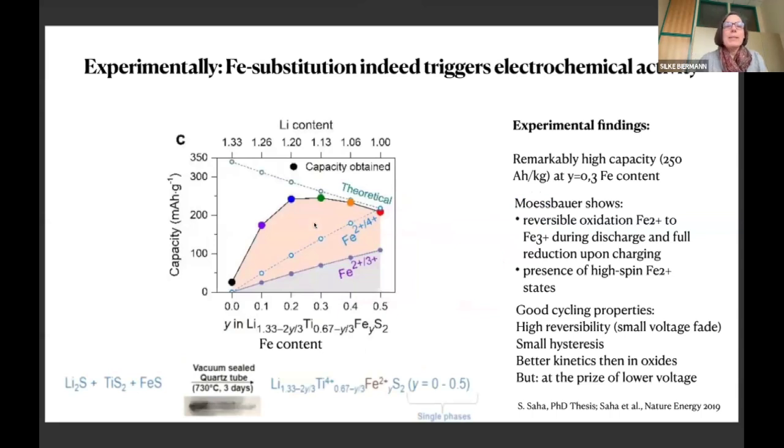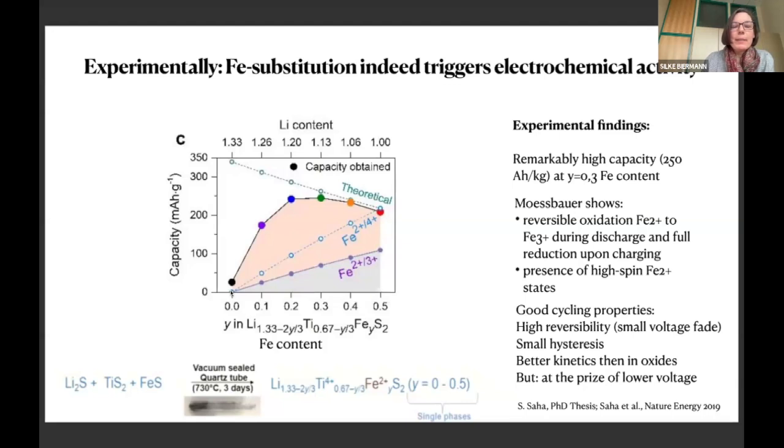Okay, so what happens experimentally? Well, this funny number compound has been synthesized indeed for different iron contents. And here is the experimental result for the capacity as a function of the iron content, so of the y. And that gives the curve that goes like this here. You see my mouse, right? Yes. So you see that the initially non-electrochemically active